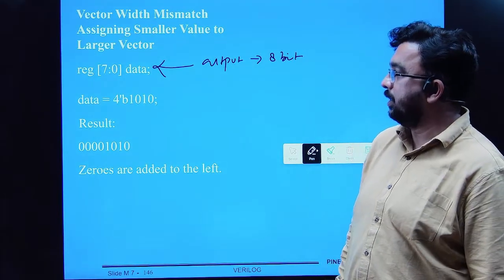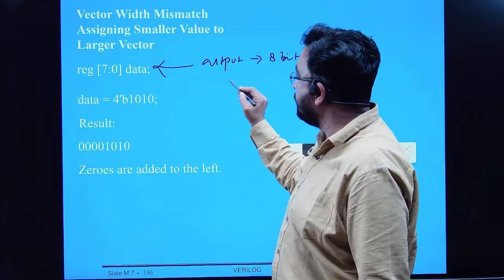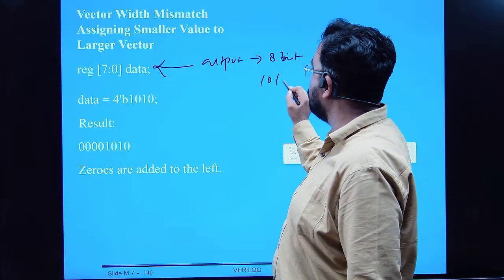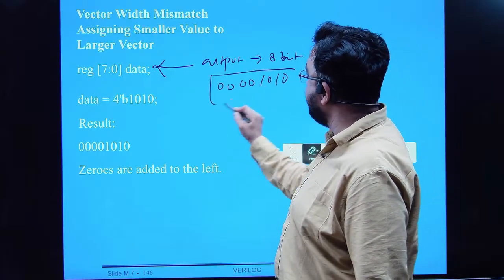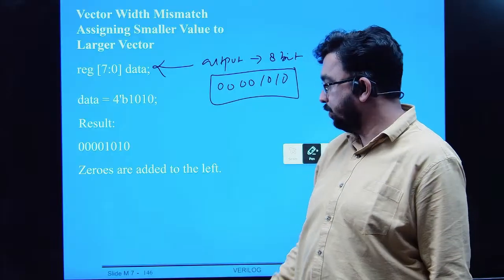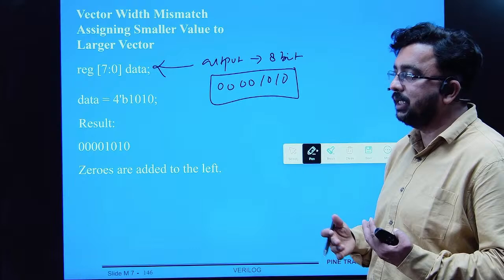Okay, but आप इसको डेटा सिर्फ 4 बिट का दे रहे हो, 10 10, तो रेस्ट 4 बिट में ये 0 आ जाएगा टू मेंटेन द 8 बिट। ओके, तो 0 आर एडेड टू द लेफ्ट।